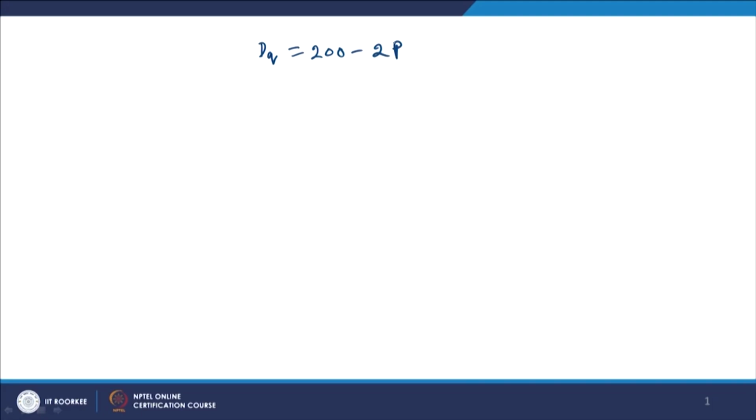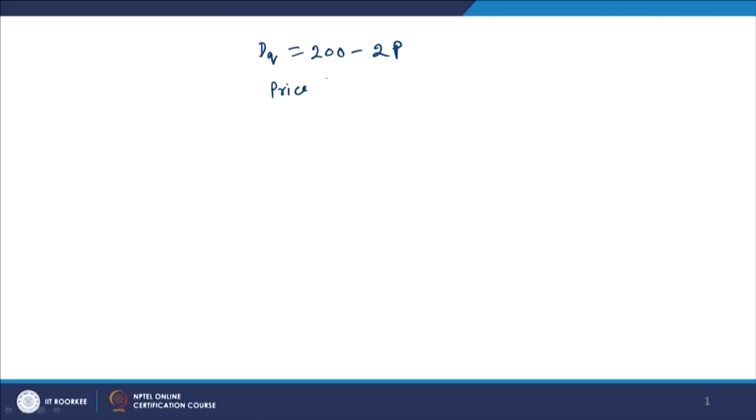Now, from this demand function you can calculate the maximum price at which quantity demanded would be 0. So, price at which QD is equal to 0,